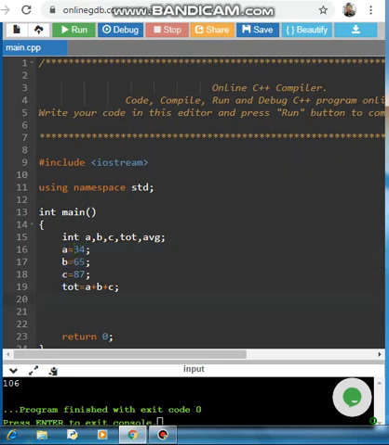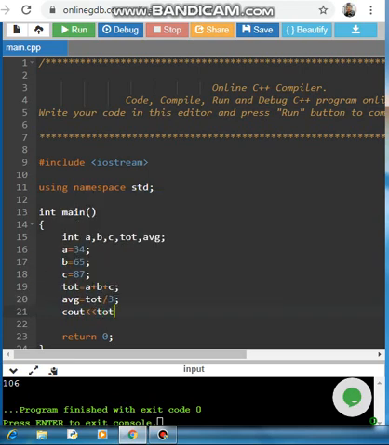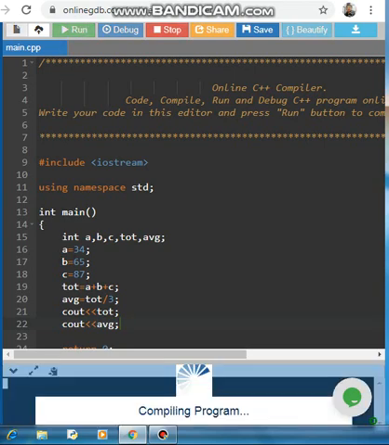Okay, so now average. As I took the variable name as AVG, the same I have to write here: AVG equal to total divided by 3. See, when I am reading total, but when I am writing TOT, why? Because the variable I declared as TOT. Fine students. As you declare the variable, remember the same way you need to specify the variable when you are using it. Now the print statement. I am writing here TOT, then semicolon, and next line I am writing AVG. Now let me run the program and see how the output comes.